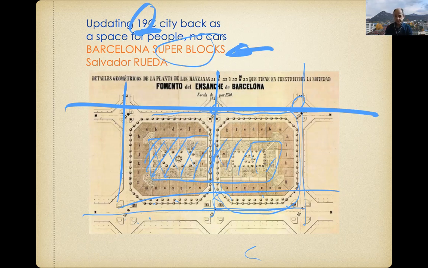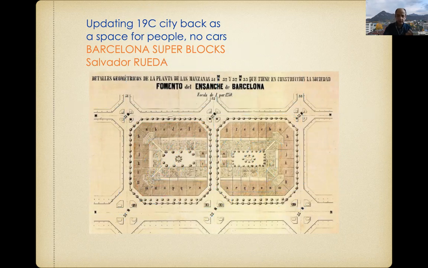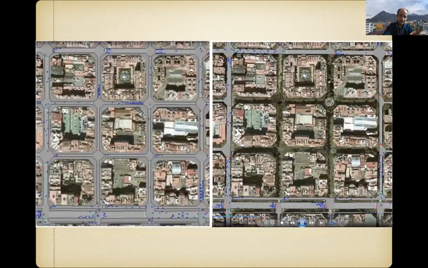In the end, with time, and that happened also in Madrid, the blocks are completely blocked and completed, and even the courtyards are very often built with additional industries and storages and factories and so on. But that was the idea. What happens 100 years later is that the city is overwhelmed with so much circulation, so the blocks are filled, and there's not so much of that internal space, and the street is just the realm of cars.